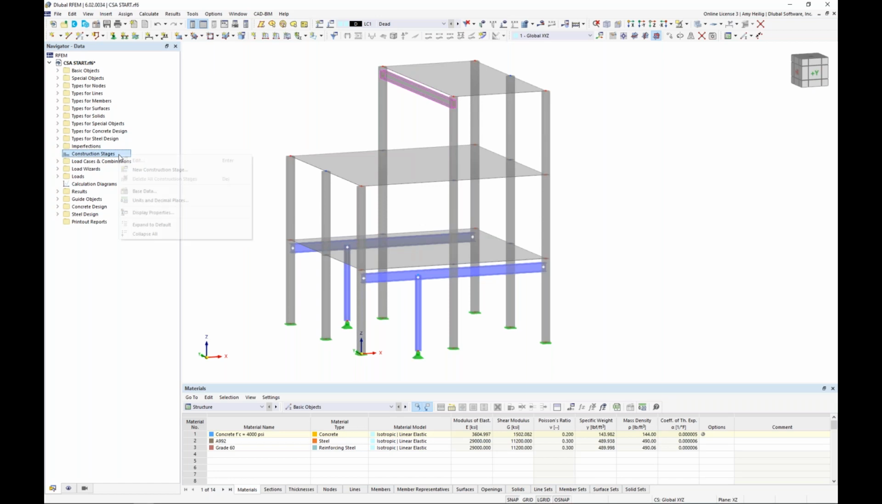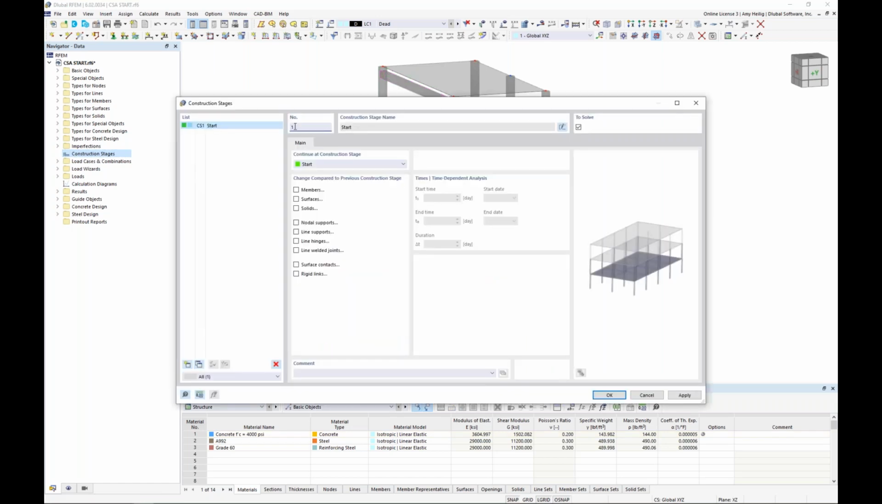So we will start here by right-clicking to create a new construction stage. And you can see the program defaults to construction stage number 1. It gives it the name of Start. We can override that name if we'd like, but we need to tell the program which elements are active for this first stage. So we'll begin with our members, our surfaces, as well as our nodal supports, and we get